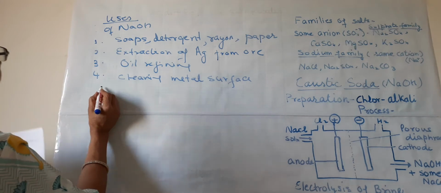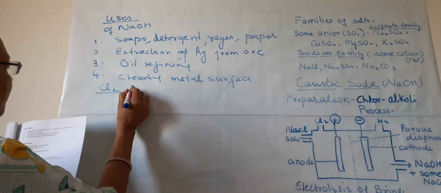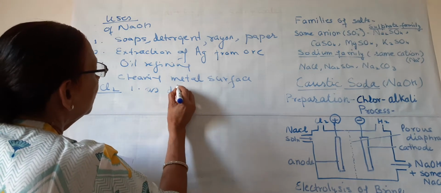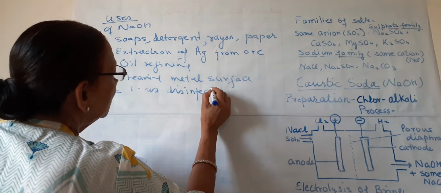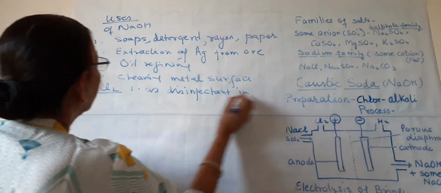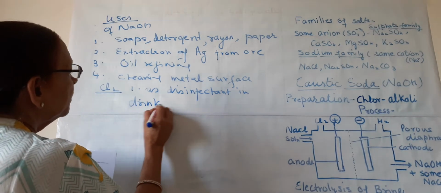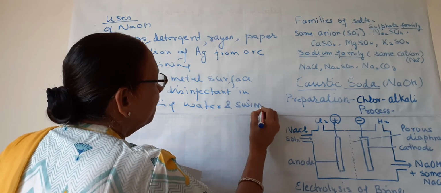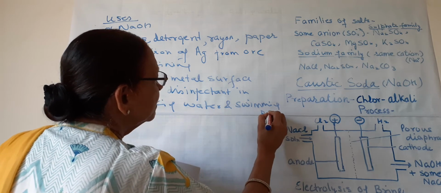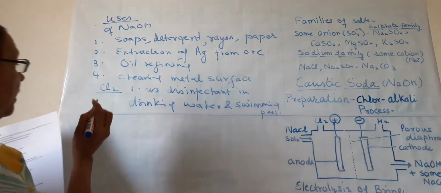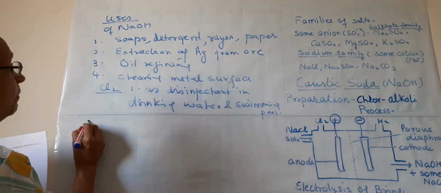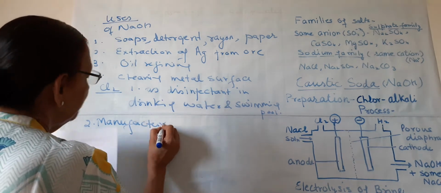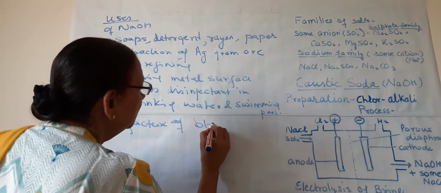Next, the uses of chlorine. Chlorine gas, the first use is as disinfectant. All of you know, as disinfectant in drinking water and swimming pools. The water of swimming pools is disinfected by chlorine. And the second, chlorine is used in the manufacture of bleaching powder,